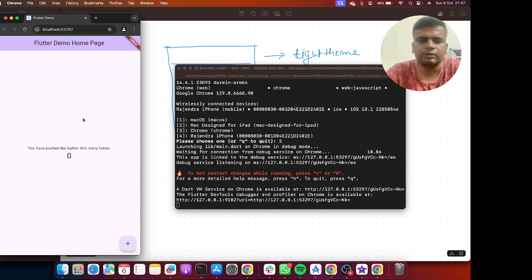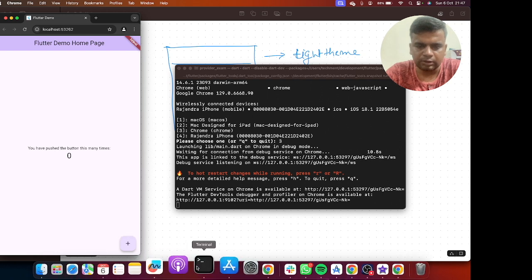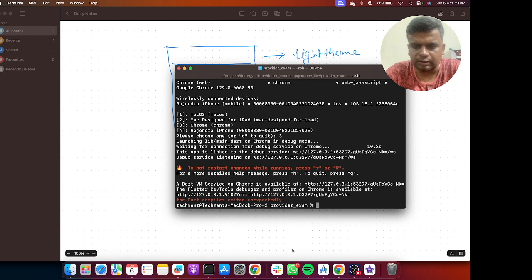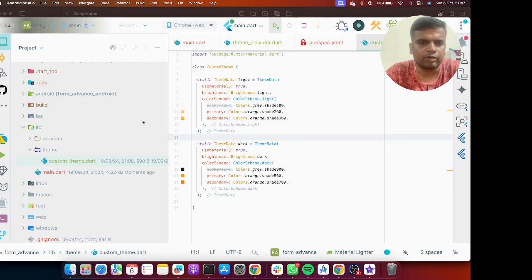Now the project is created and it is working fine. So I will open the project in Android Studio. I will stop it from here and then I will open it in Android Studio.